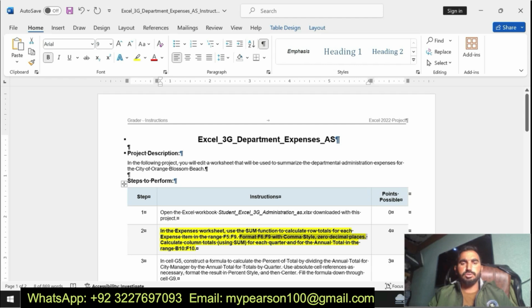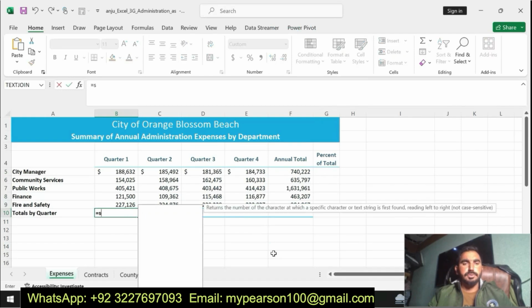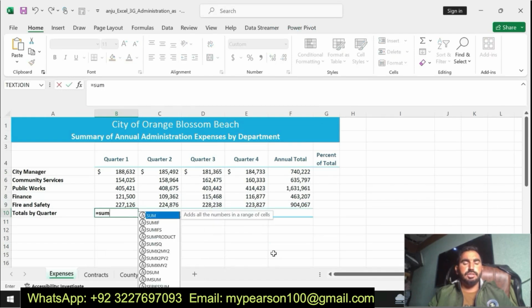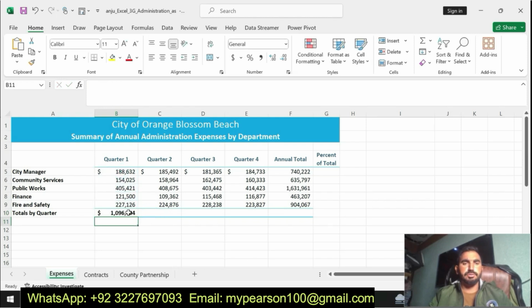Calculate the column total by using the SUM for each quarter and then the annual total in the ranges B10 to F10. Now we are going to find the values for B10 to F10 using the SUM function. We find the value in B10 with the SUM function from B5 to B9.